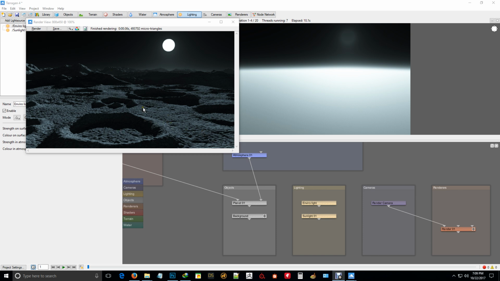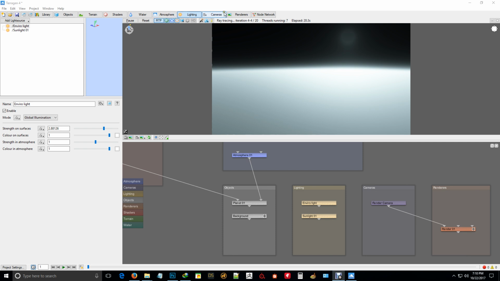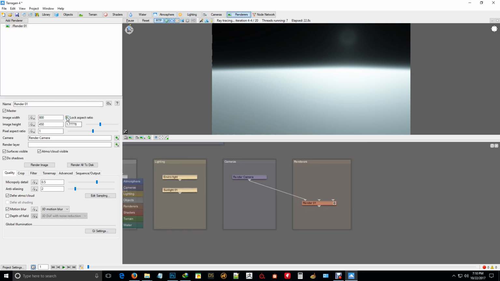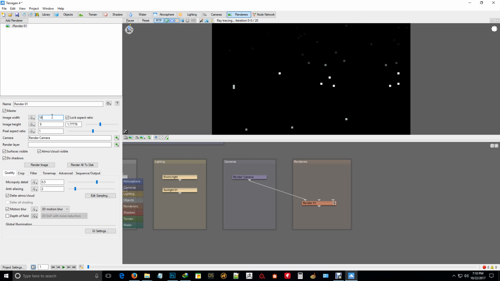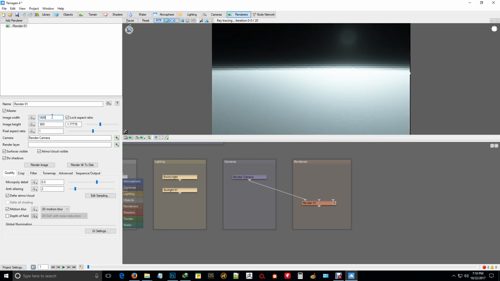So we'll just set up for the final render. We'll get in a bit closer and have a bigger image, of course. So we'll just go into our render tab. I'll just lock the aspect ratio. Oh, let's go 1600 by 900. We can also bump up the micro details as well. I usually like bumping it up to about